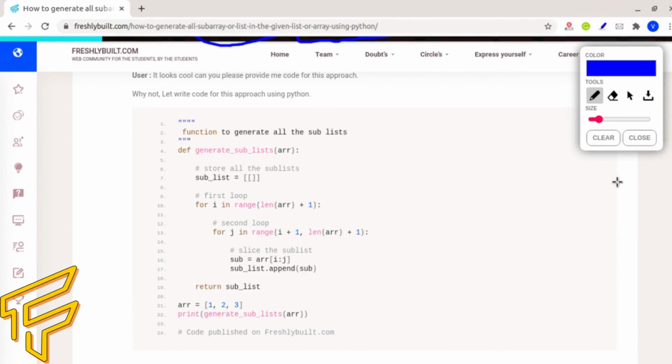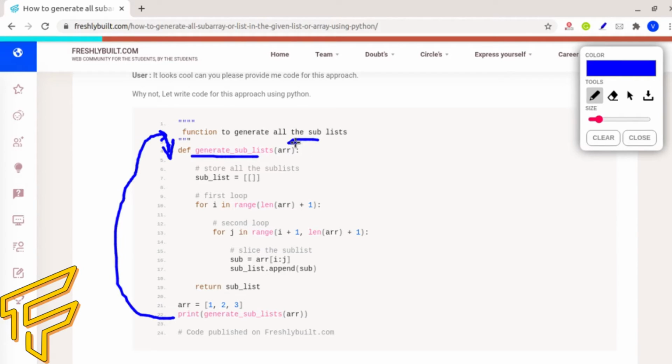If you run this program, the question arises from where this program will run. This program will start from line 21. Then it will move forward to line 22, because in this line we have called the generate sublist function, inside which we have the input array list. After that we go from 22 to line fourth, because line second is just a comment, so it will not be considered. In line fourth, this function will get called, in which we have already put an array which is 1 2 3.